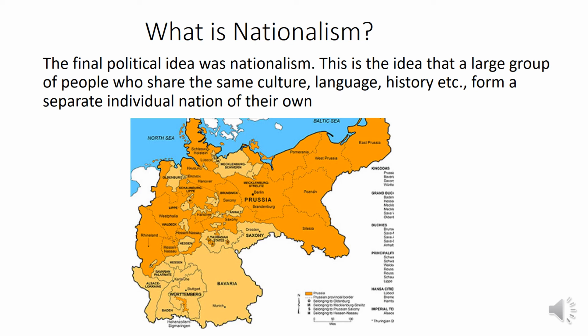One of the biggest similarities actually comes from their shared history. Both these areas had been part of the Holy Roman Empire. Both had recently been invaded by France and had fought them back. It was this identity that brought people together. And there were some people in Germany who wanted to see these states come together and be united under one flag, to be united as Germany. Now this is going to be one of the key issues we look at throughout our course. The course is about unification. It's about how these states came together.